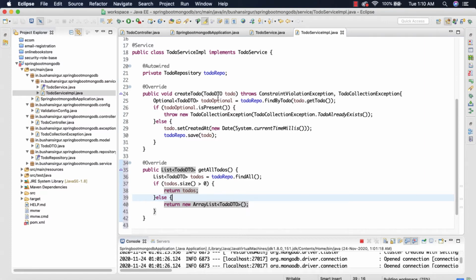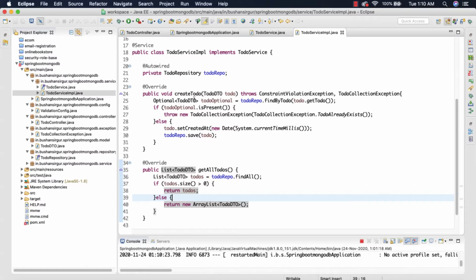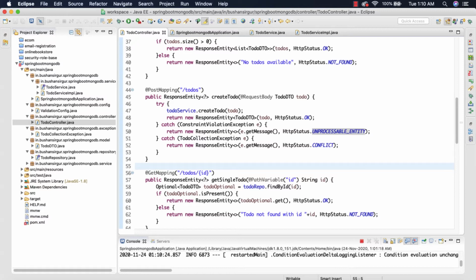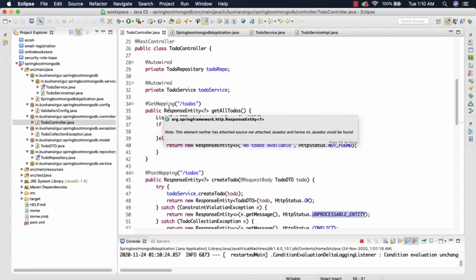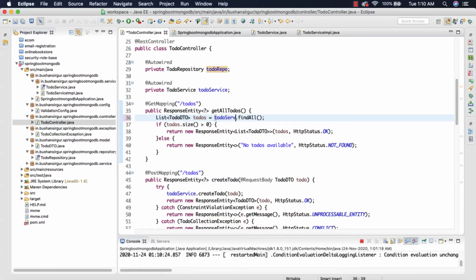Let me save this and let's go ahead and refactor the controller. So let's go to the controller and we have this get mapping for retrieving all the to-dos. Let me change this to to-do service, and we do not have a method findAll.